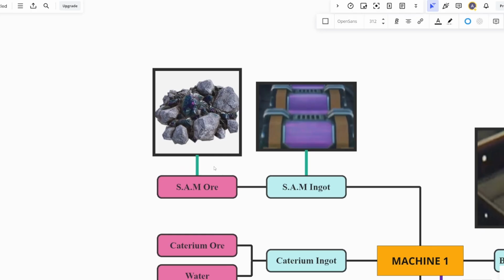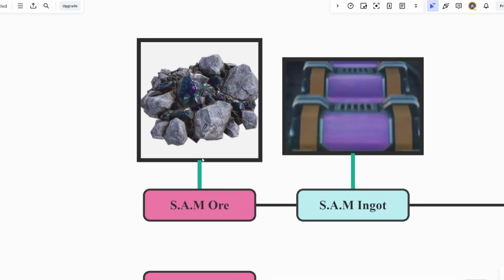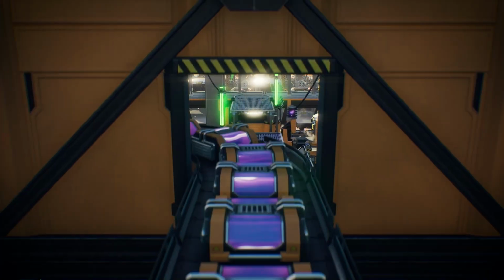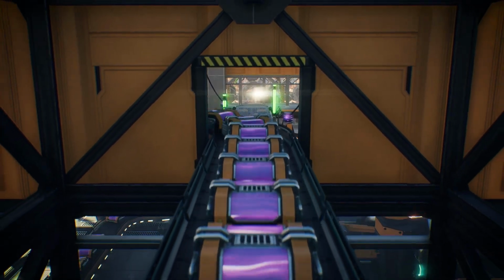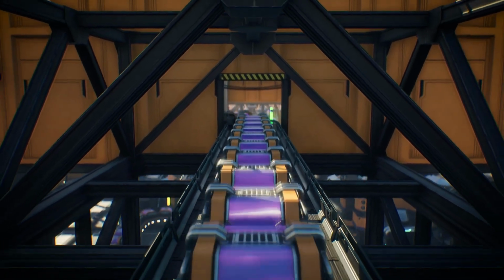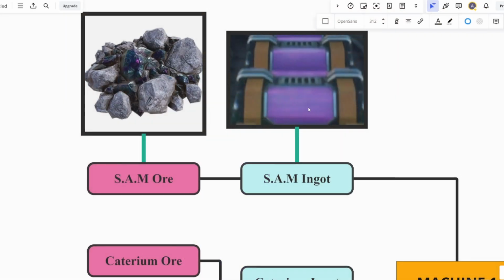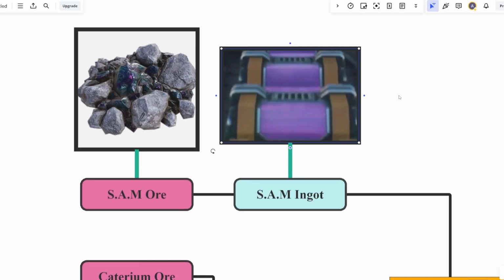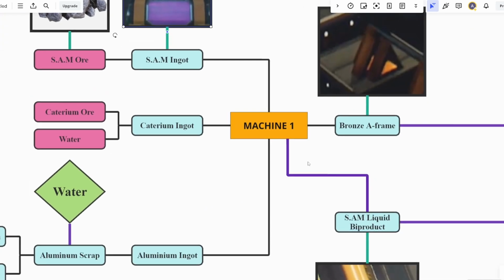But of course, let's start with SAM ore. So I think that SAM ore goes into a SAM ingot, and I will show the clip very quickly in the background. Again, if you didn't see yesterday's video, I do break this down a lot more, but it does appear that there is some sort of liquid inside of this thing. Rather than it being a complete solid, which actually would make sense, because when it goes